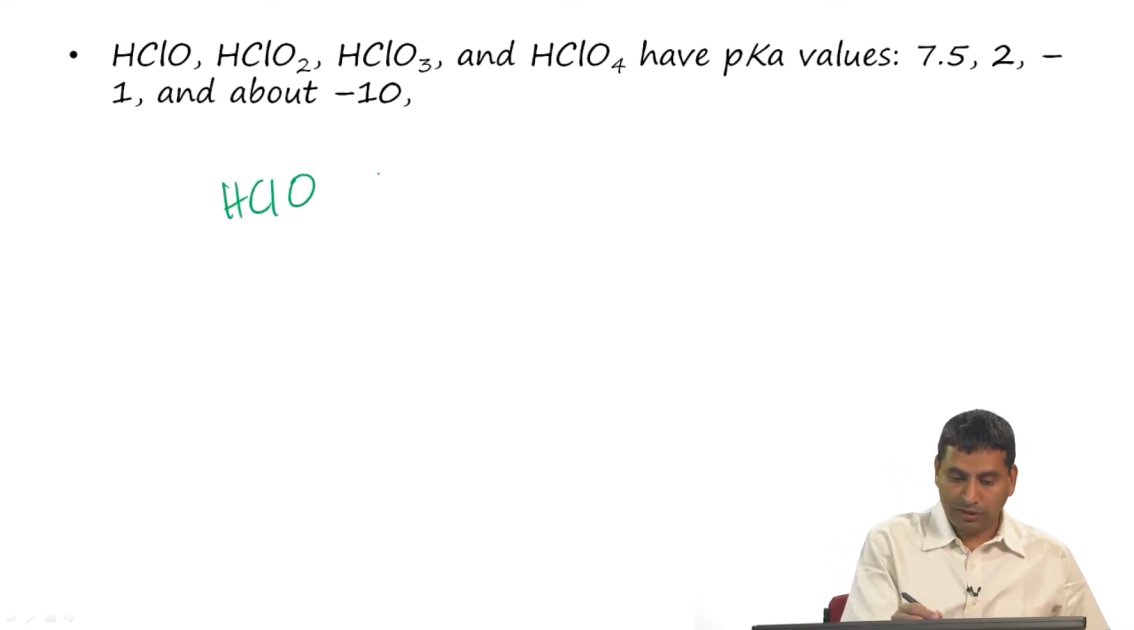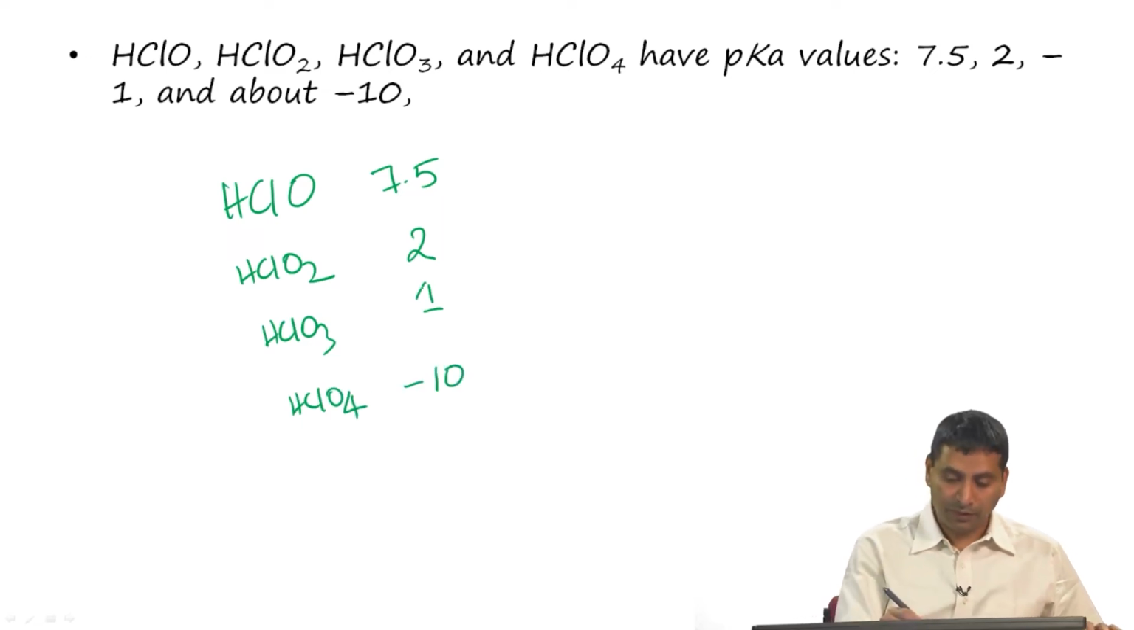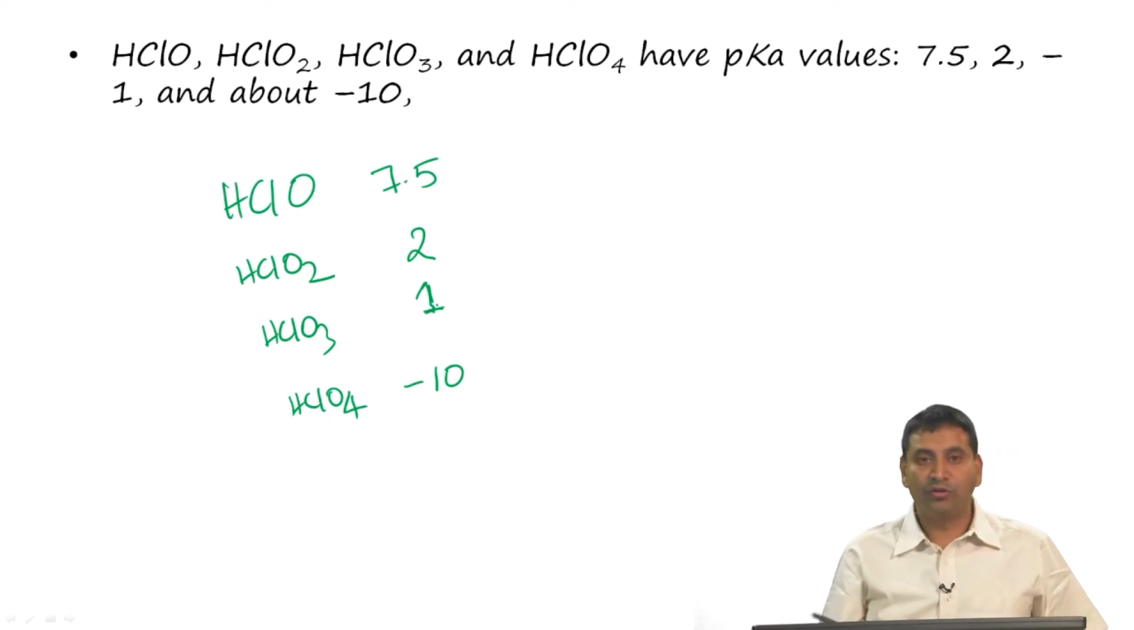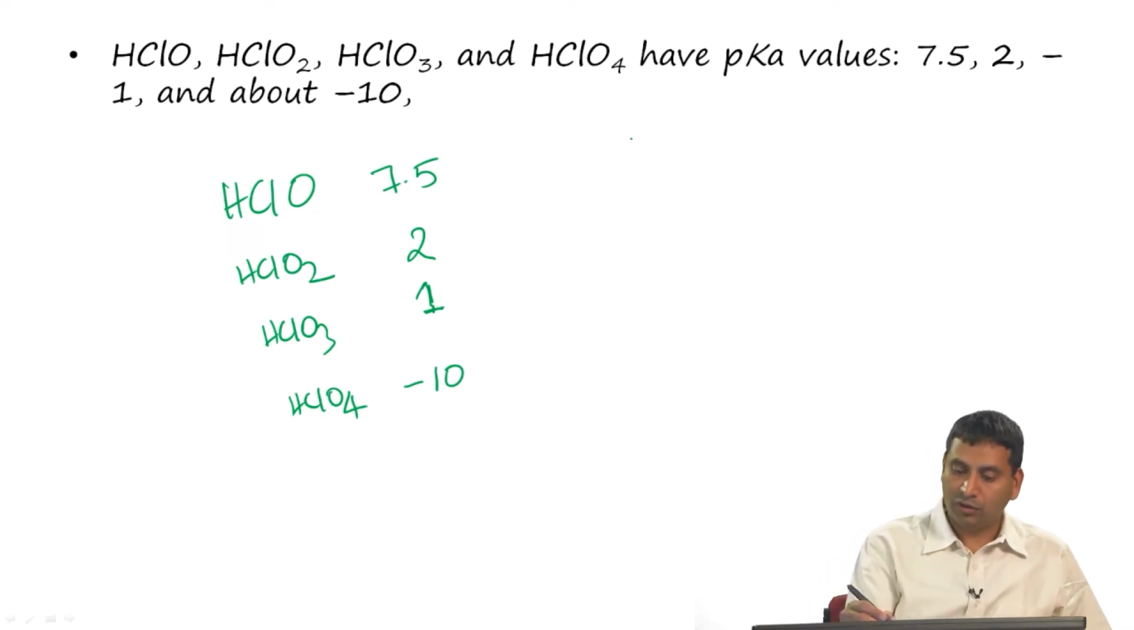HClO is 7.5, HClO2 is 2, HClO3 is 1 and HClO4 is a dramatic value of minus 10, right. So, there is a huge difference between HClO3 and HClO4. So, the way we would understand this is to draw the equilibrium